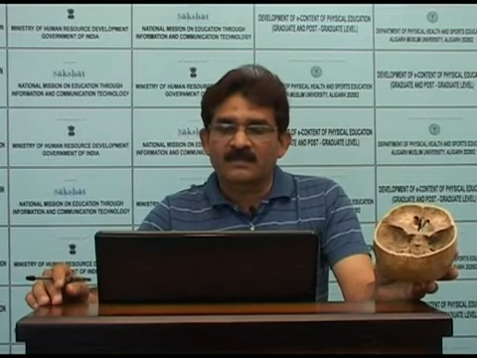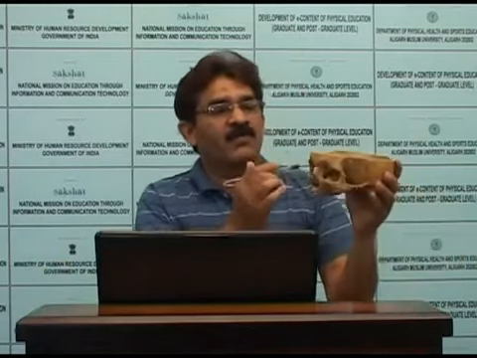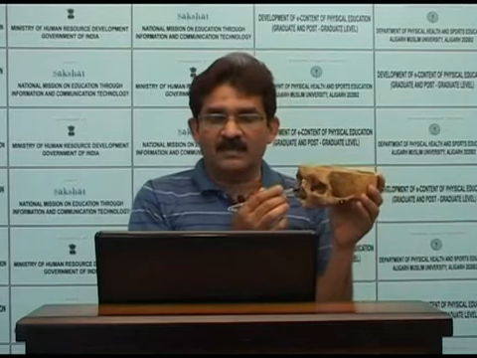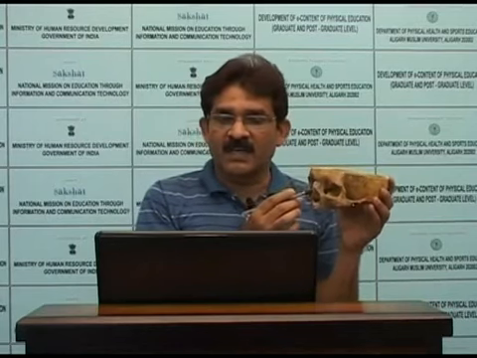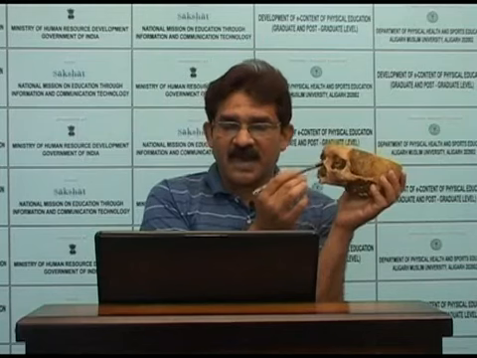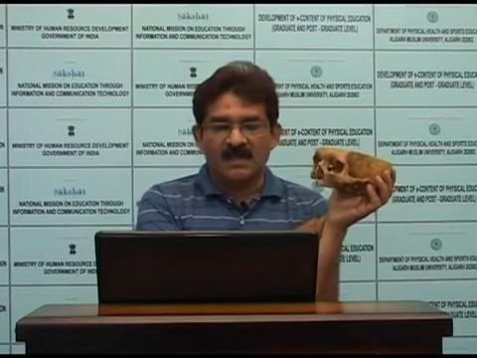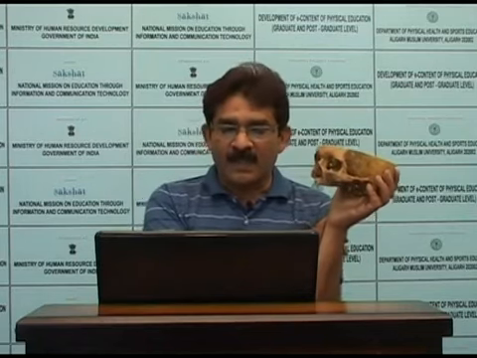The sphenoid is an irregularly shaped bone that forms a portion of the orbit, of the lateral aspect of the skull, and a portion of the cranial base, and this is the cranial base. The sphenoid is divided into four parts: the greater wing, the lesser wing, the pterygoid process, and the body. Some portions of the sphenoid can only be seen inside the cranial cavity.